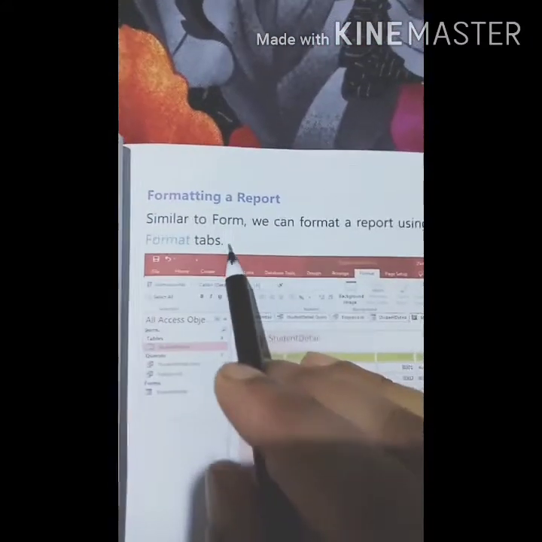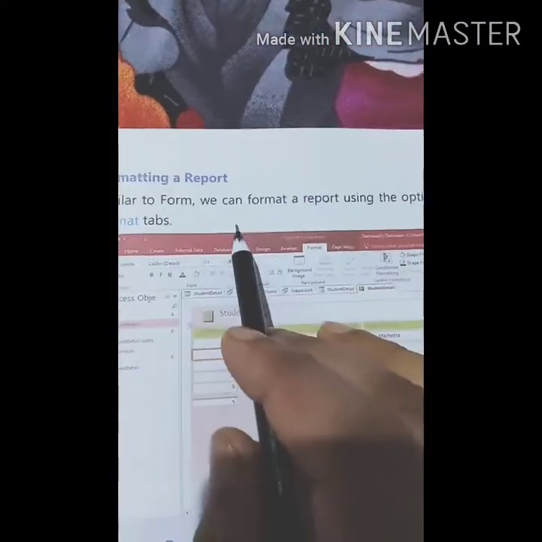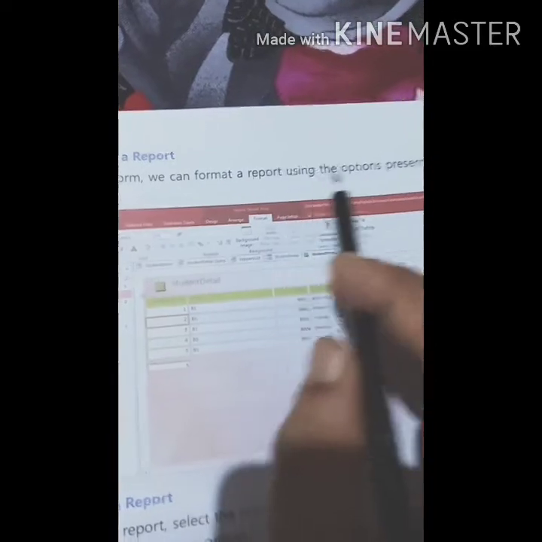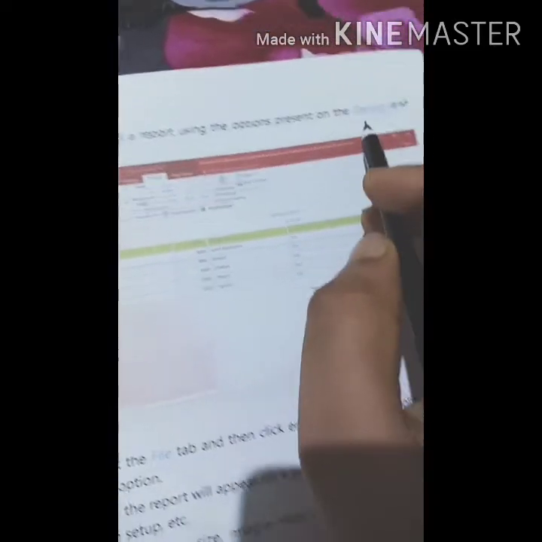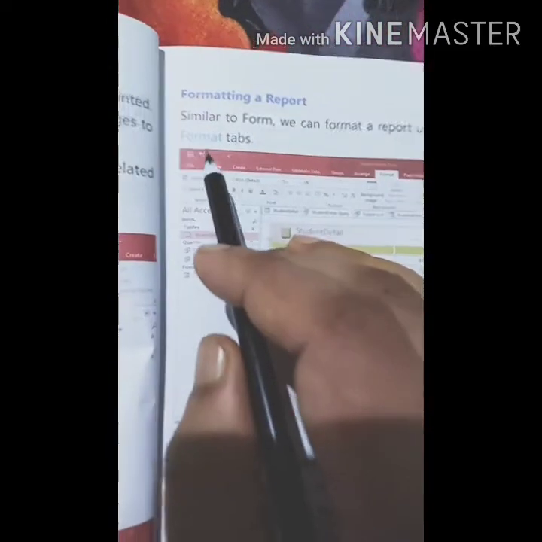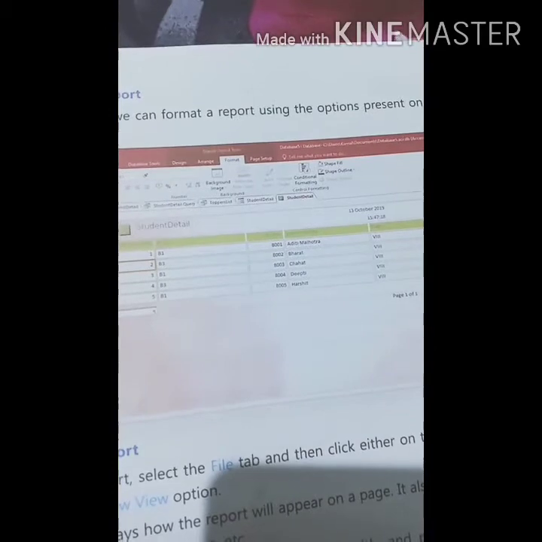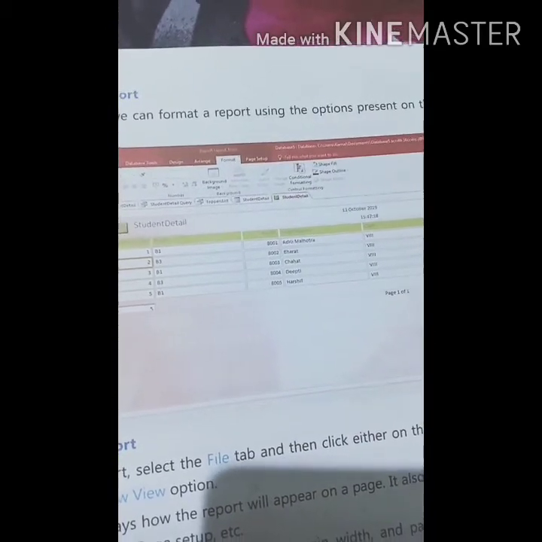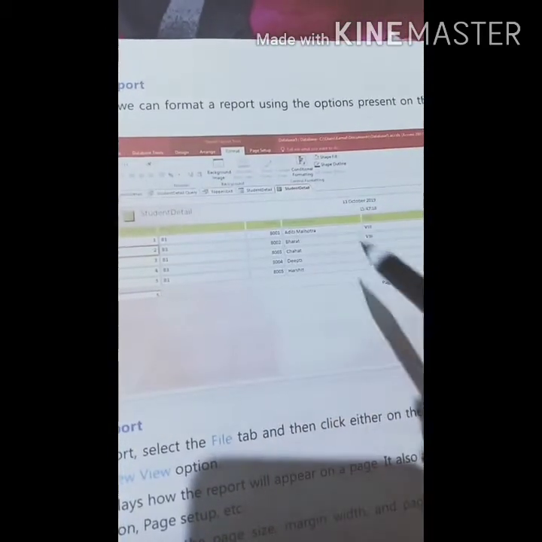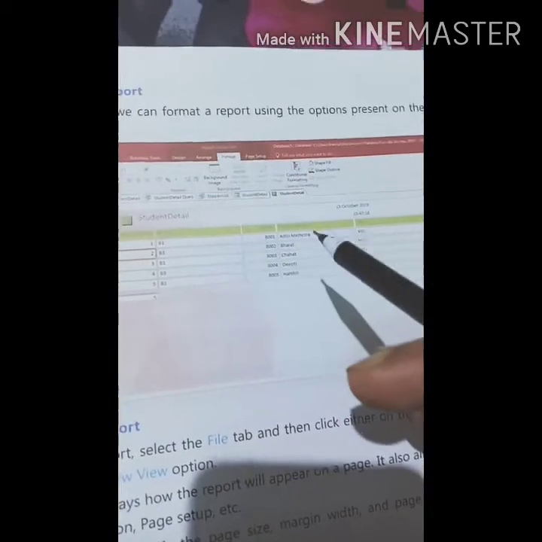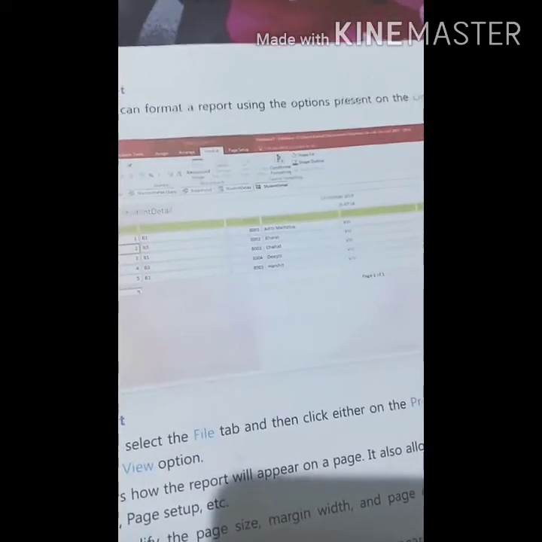Formatting a report. Similar to a form, we can format a report using the options present on the Design and Format tabs. Like a form, we can modify it and give more tools in the report also, and then we can take the printout.